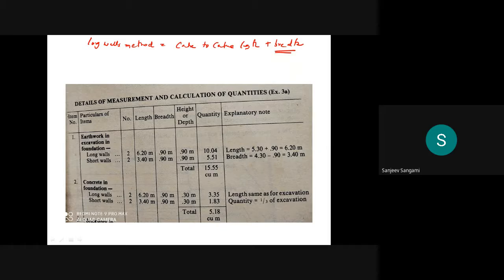And for short walls, center to center length minus one breadth, to deduct it. So this is the formula you have to remember. Of course, here it will be this breadth. The formula is like half of the breadth on one side, half of the breadth on the other side. So normally we add it. Whenever you're deducting it, half of the breadth on the left side, half of the breadth on the other side.